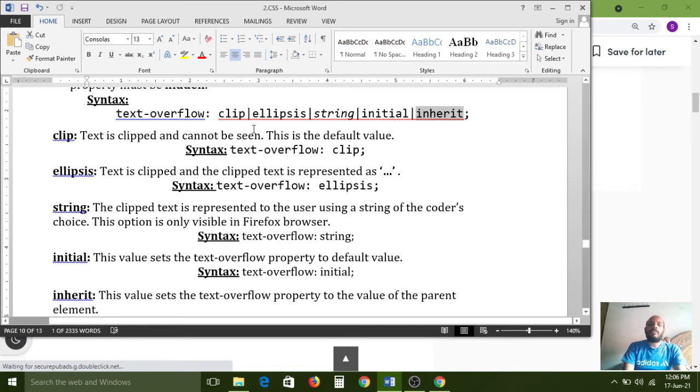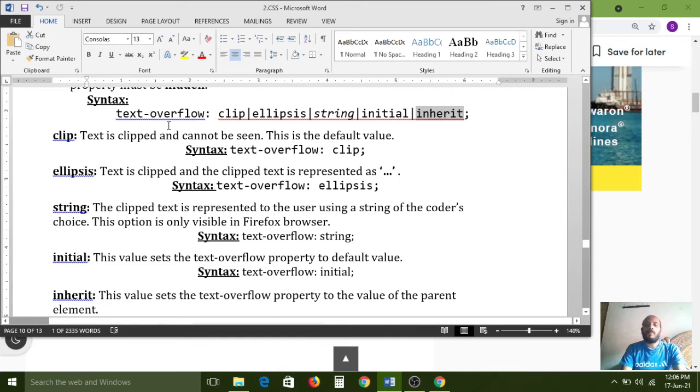These are the 5 types of values supported by the text-overflow property. At a time you need to give only one of these 5 as per your requirement. Let us understand each and every value and the output you get when you assign it.